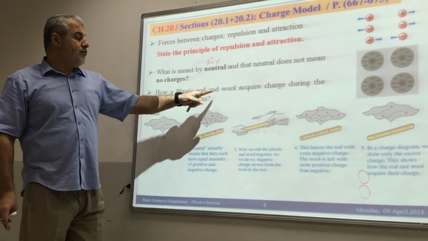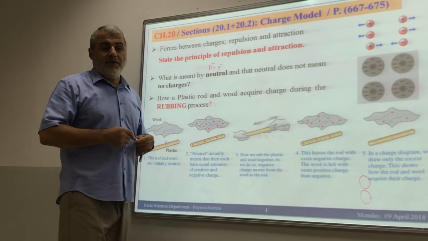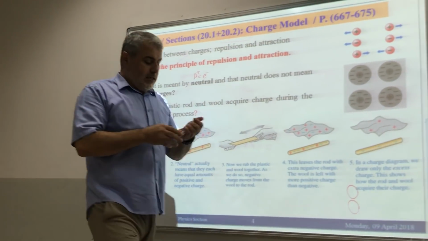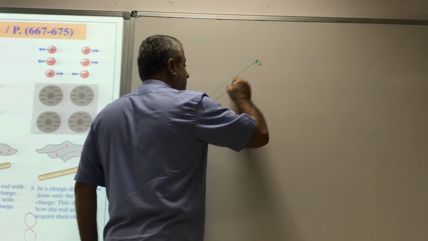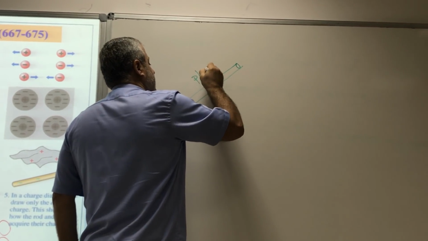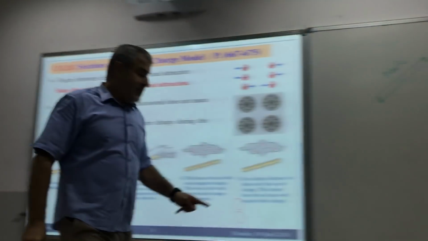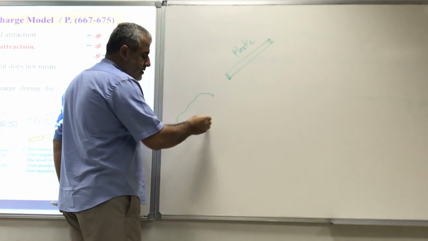How do a plastic rod and wool acquire charge during the rubbing process? Here I want to show you something. See, Shabab, I will consider the following. Suppose I have a plastic rod, like this one. I need to explain this for you, and I think you did this experiment before. When you rub that plastic rod with a piece of wool,